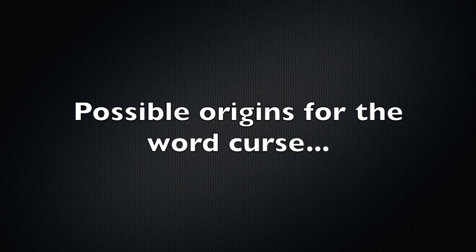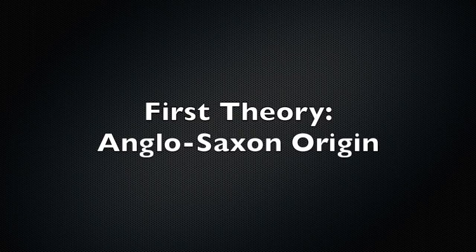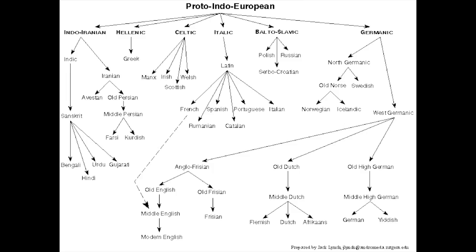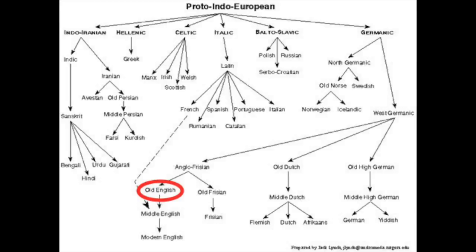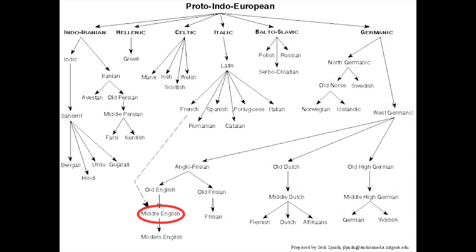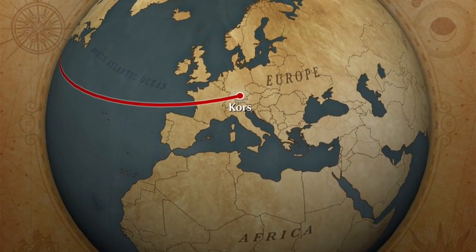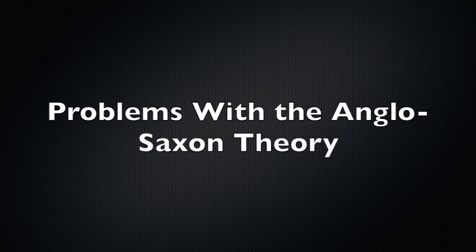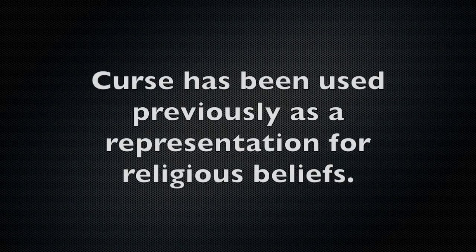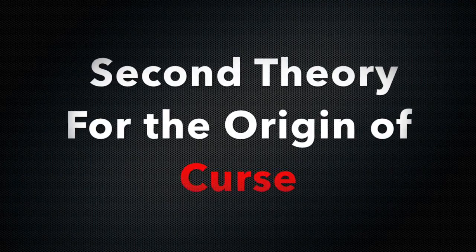So let's look at some possibilities that can be the origin of curse. Our first suspicion is that it came from the Anglo-Saxon. If it were to come from Anglo-Saxon, it would trickle down our Proto-Indo-European map, giving us Middle English, and present to us modern-day English. It is believed to be originated from Western Germanic word chorus. However, we find that there may be problems with this because before curse was its original usage as it is today, it was used for the religious beliefs and gospel beliefs. Our second suspect comes from Leo